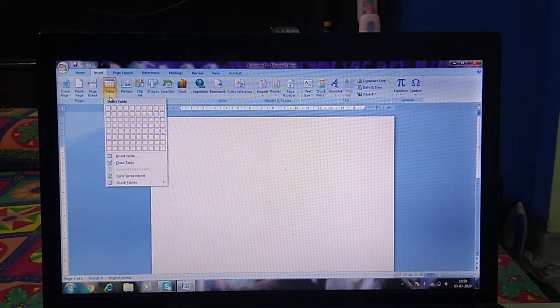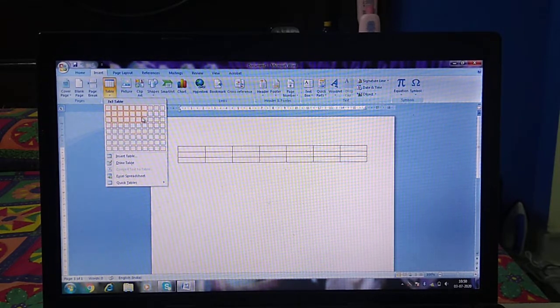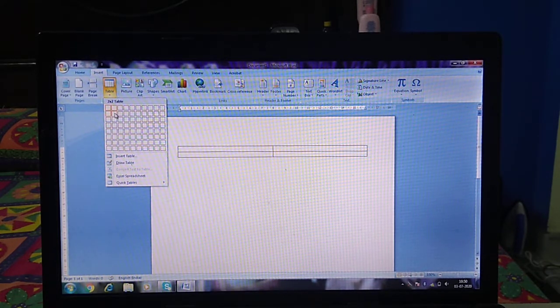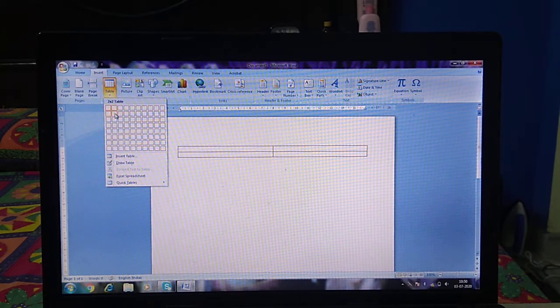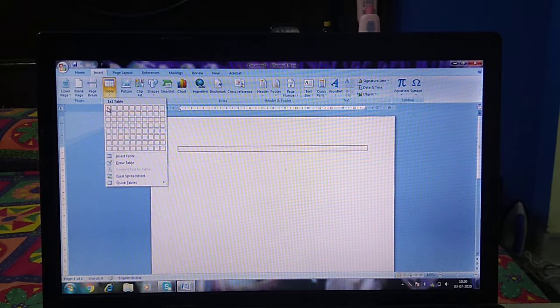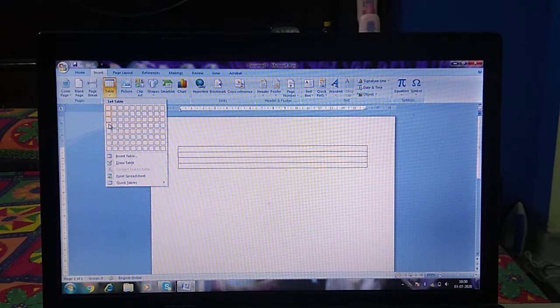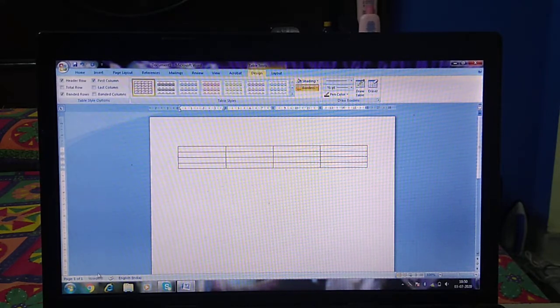5 options I have told you how to create a table. First one is using the table grid. This is the table grid. Okay, the number of rows and columns are given here. If I want a 2 by 2 table, then I can select like this, then a 2 by 2 table is there. If I want a 4 by 4 table, first I will select 4 rows, 1, 2, 3 and 4. Now I want to select 4 columns also, then 1, 2, 3 and 4. So it will create a 4 by 4 table like this.